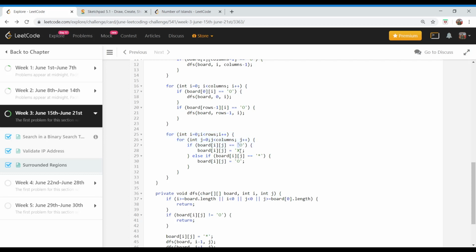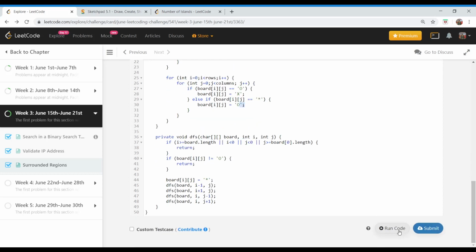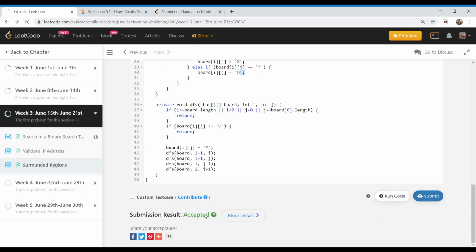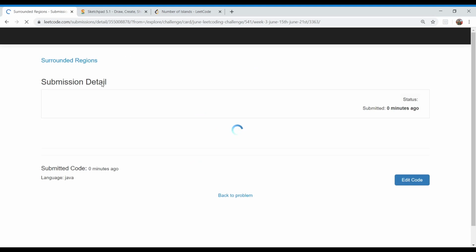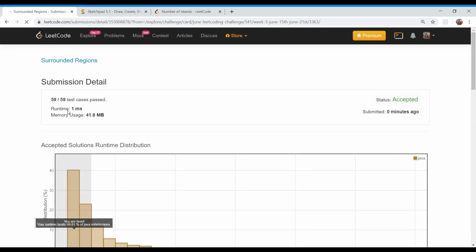If it is O, we are going to convert it into X. And if it is special value, which means that this one needs to stay as is, stay as O, we are going to convert it to O. So this is pretty much it from the coding part. Let me submit the solution. So our solution is accepted and we have passed all our test cases.